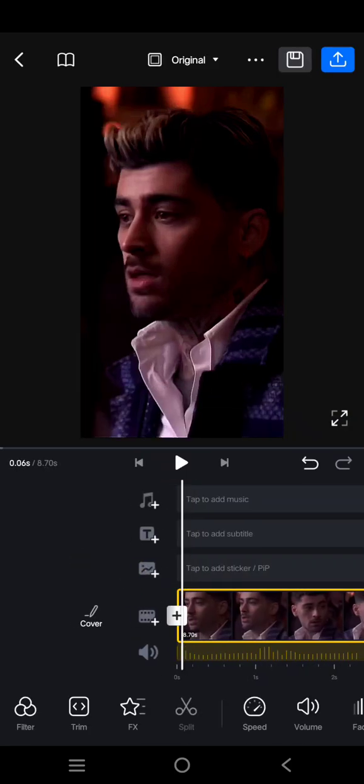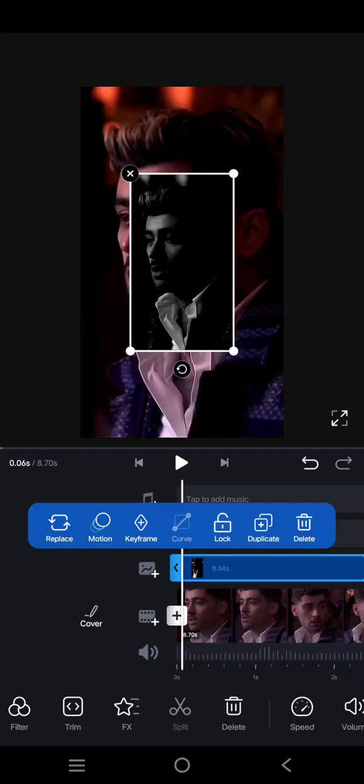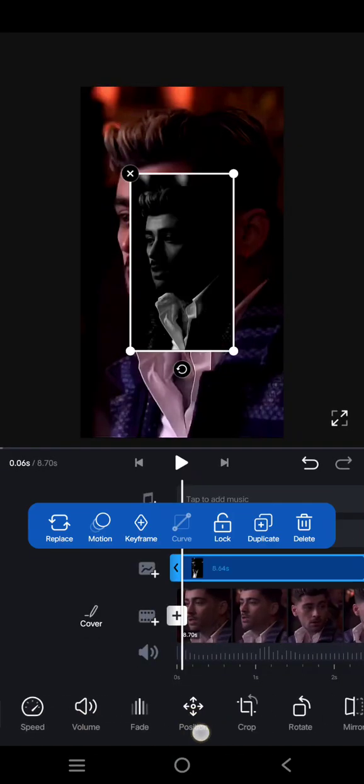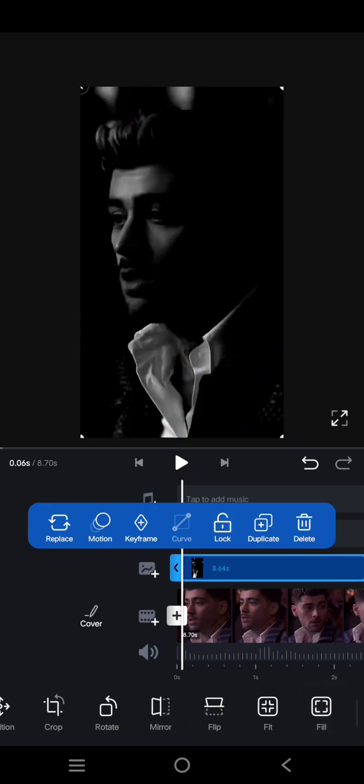to add the video that you just saved before. So click on this, click on video or photo, and then choose the video that you just exported before, this one. This is the same video, and after that find the fill option, this one, to fit the overlay into